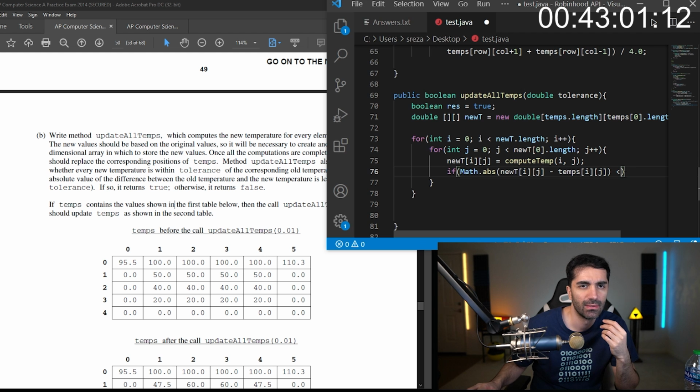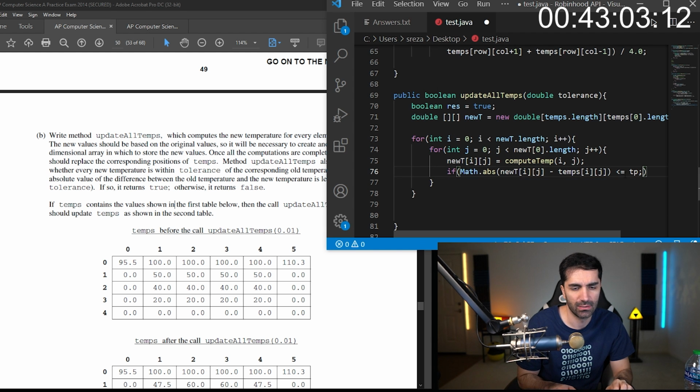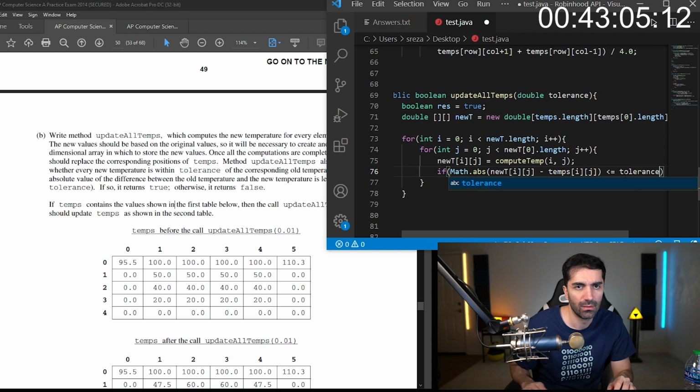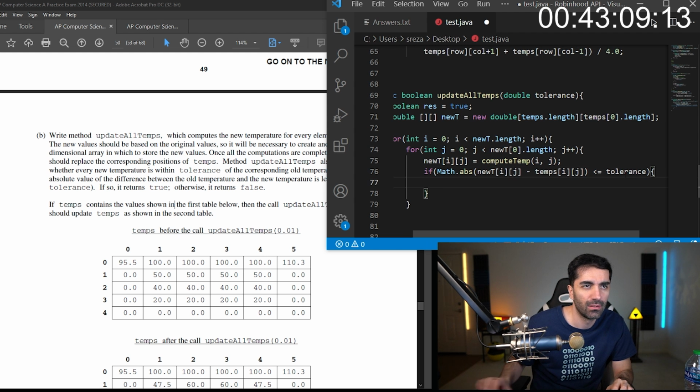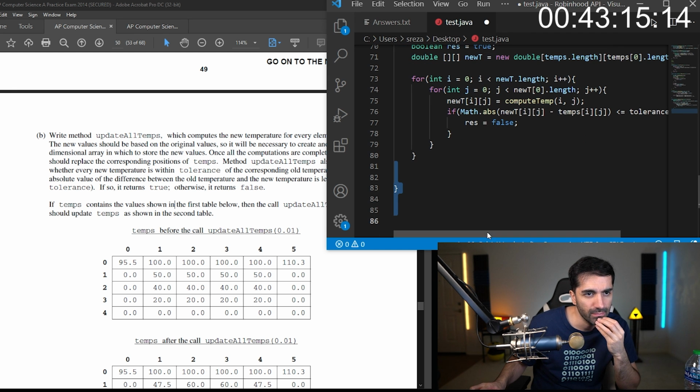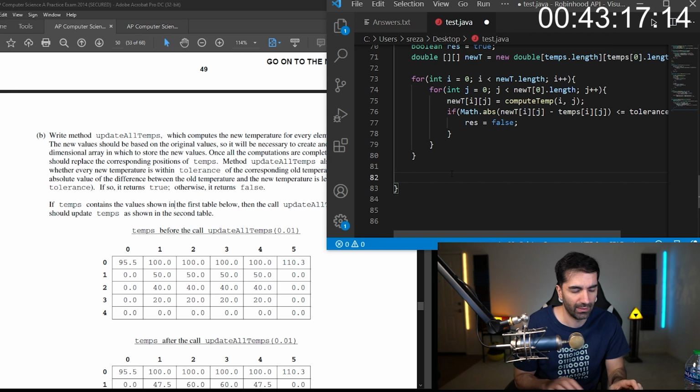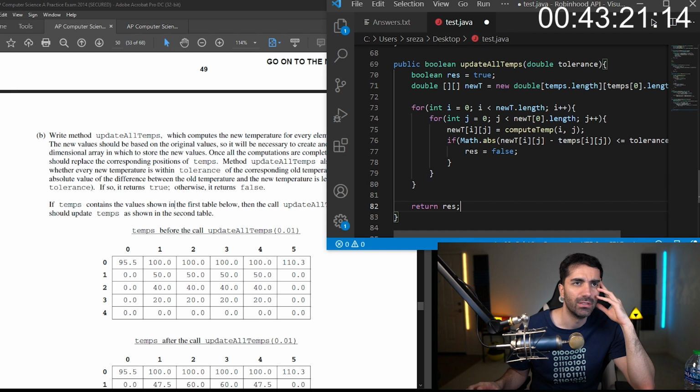Less than or equal to tolerance. This says that all of them have to be true, so I feel like we would just set res equal to false there. And then we have to return res. Okay, I think that's all we need to do.